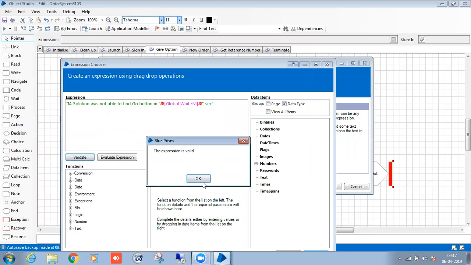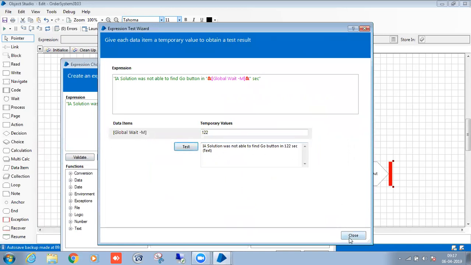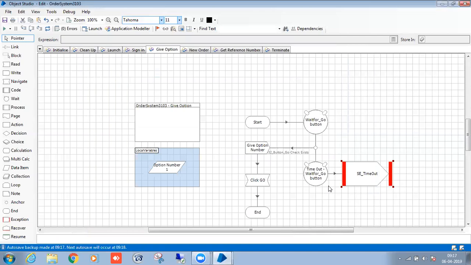Click and validate. Yes. So the expression. So suppose the value is 22, so this is the exception, right? So like this, you have to implement for all other pages.